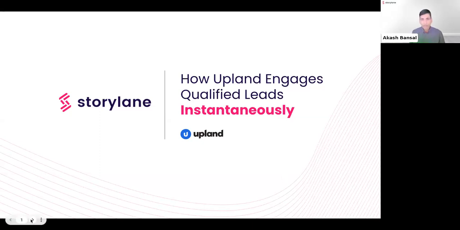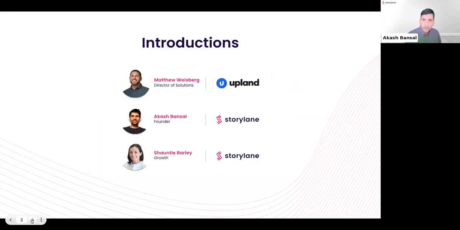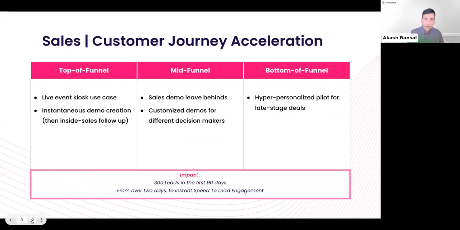Yeah, so actually, as a solution engineering team, when you start to work with customers, I think there are three primary angles that you take. And Shauntle, if you can go to the slide which talks about the way we look at this, right? Top of funnel: how when customers or prospects are touching Upland and Altify the very first time, mid funnel and bottom of the funnel, right? And top of funnel is essentially around how you deliver content and demos to them quickly enough so that they're able to just watch it and see it for themselves,